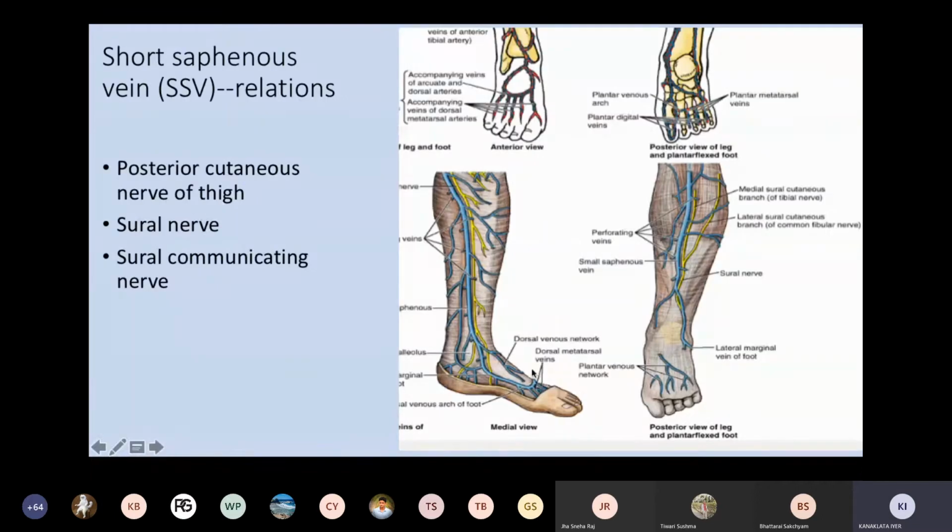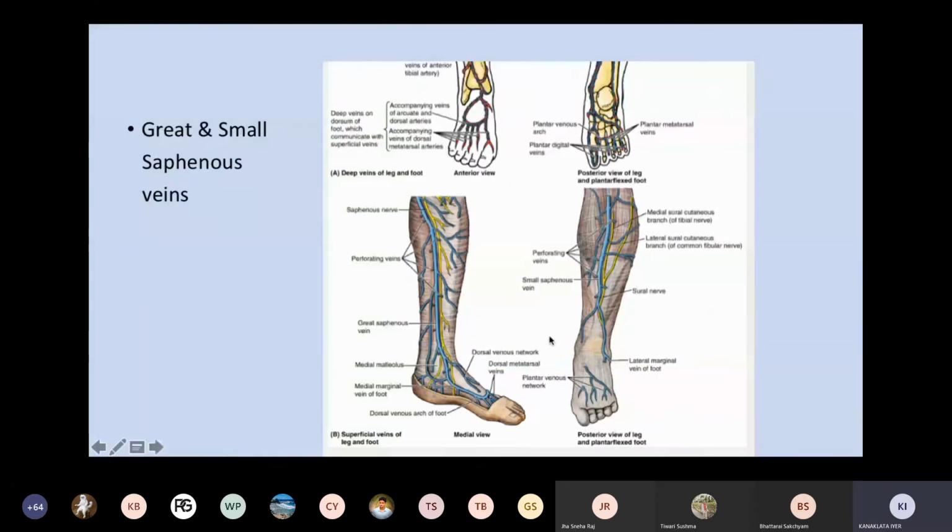And here you can see the dorsal venous arch very beautifully, and you can see the metatarsal veins. And here in the upper ones, these are the digits, meaning toes. So between them there will be digital veins which will join to form the metatarsal veins, which will join to form the dorsal venous arch. You can see so many unnamed tributaries coming and joining into the great saphenous vein. It is accompanied by the saphenous nerve, while the short saphenous vein is accompanied by the sural nerve. Okay, so these are the various relations and the tributaries.